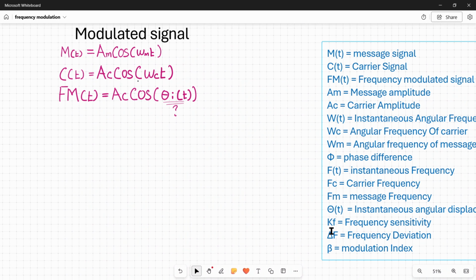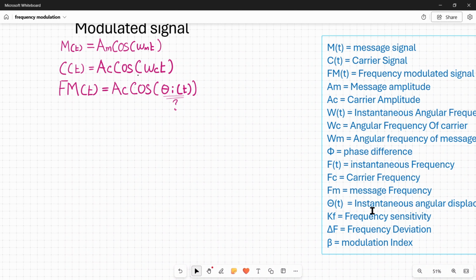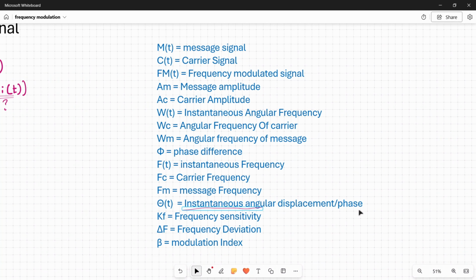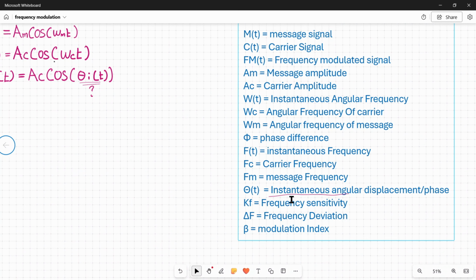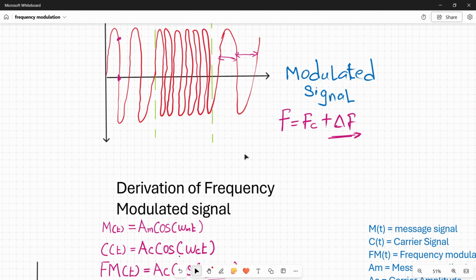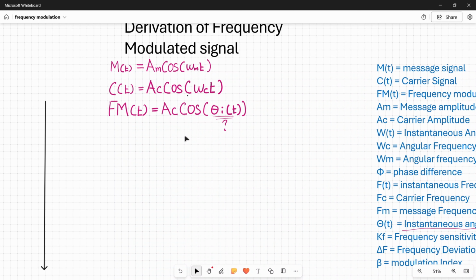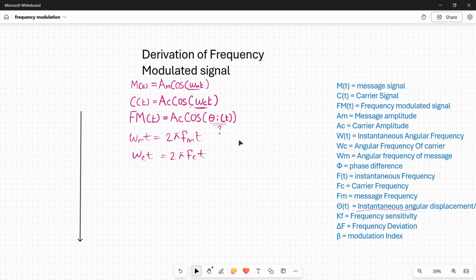Well, theta i is just the instantaneous angular displacement, or the phase. It just describes the position of a waveform, right? I'll prove that mathematically right now. So straight away, we know what wmt and wct are. Let's have what we know. wm is simply the angular frequency. The angular displacement,